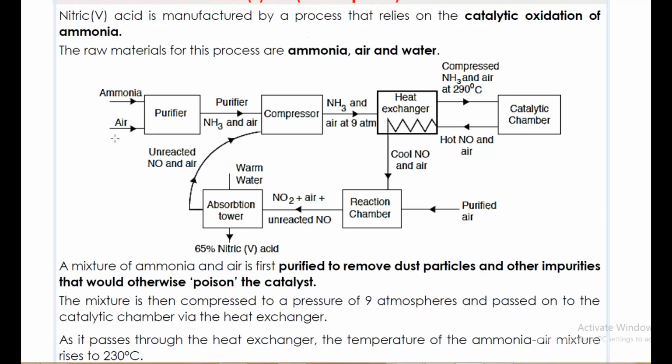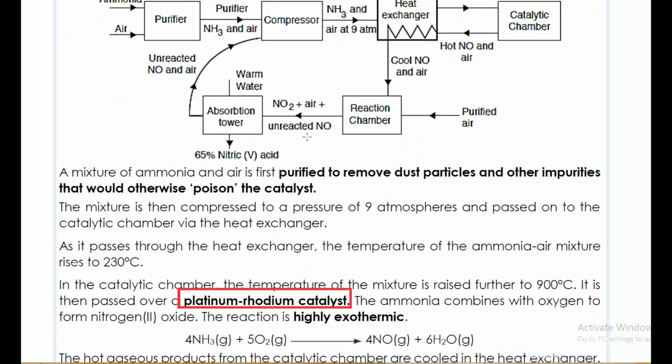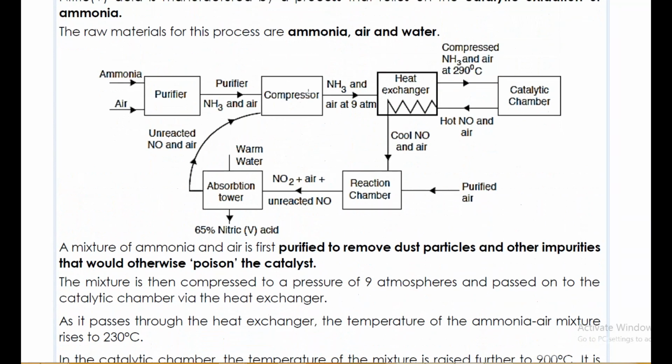So ammonia and air get into the purifier, and the impurities are removed. Now the ammonia plus air goes into the compressor where it is compressed to 9 atmospheres, and then it goes through the heat exchanger to the catalytic chamber. So in the catalytic chamber now,